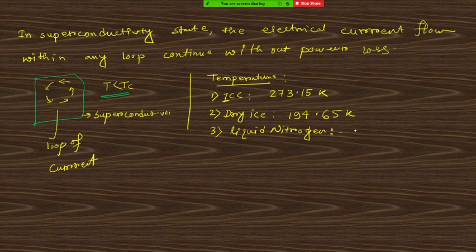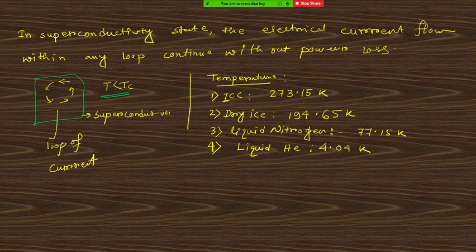The temperature of liquid nitrogen is 77 Kelvin, or 77.15 Kelvin, right? In case of liquid helium, the temperature will be 4.04 Kelvin. So by using this liquid helium, we can get this lower temperature, that is 4 point